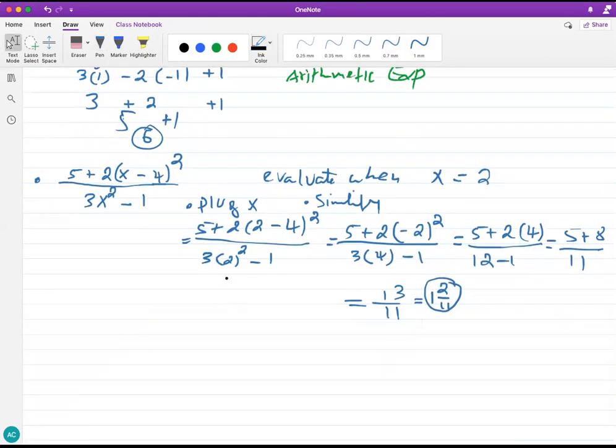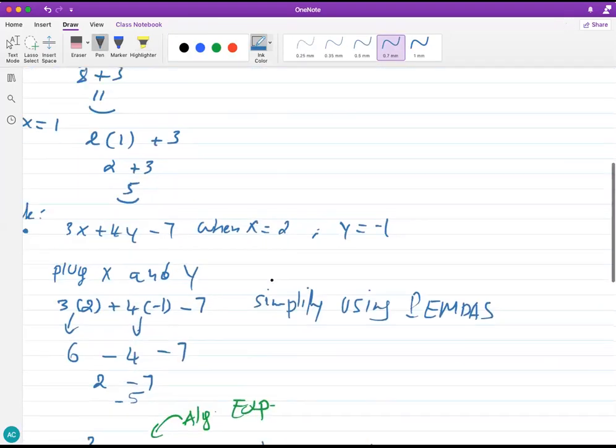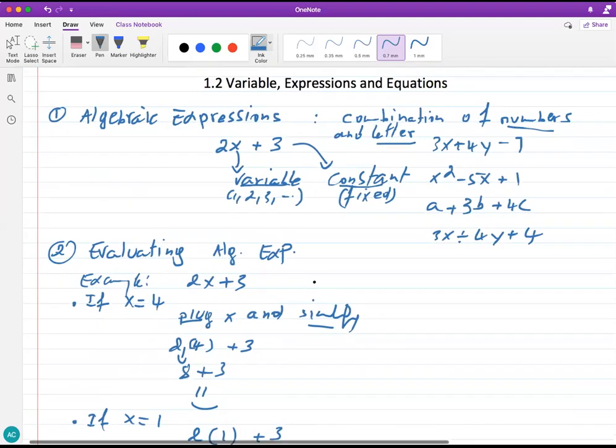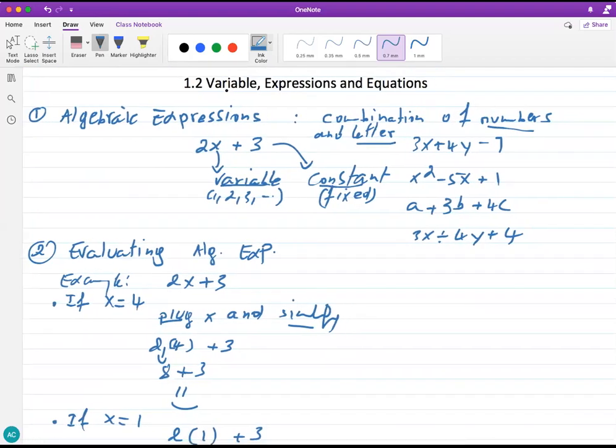Okay, so when you see "evaluate," that's the keyword in a question like this. It just means plug the value into the expression and use the order of operations to simplify it. So that's what we mean by evaluating algebraic expressions. Okay, so we know what a variable is. It's just a letter that changes in value. An expression is something like this with numbers and letters. Now, let's